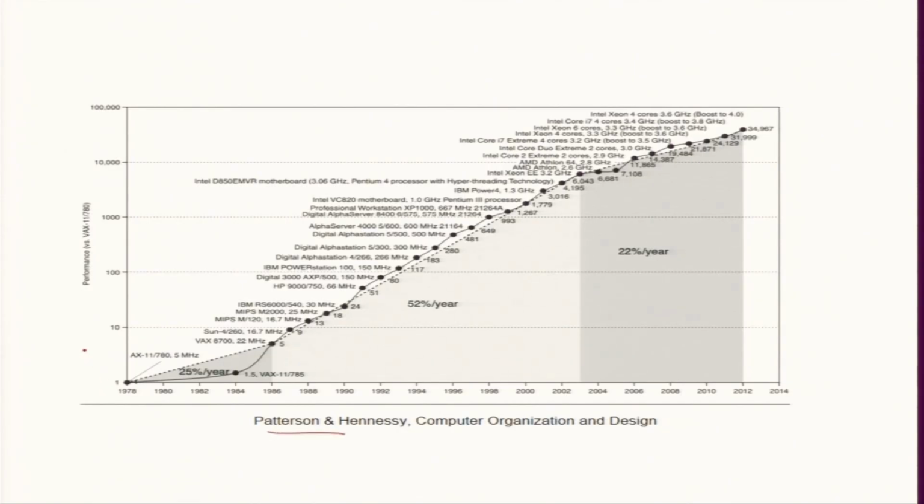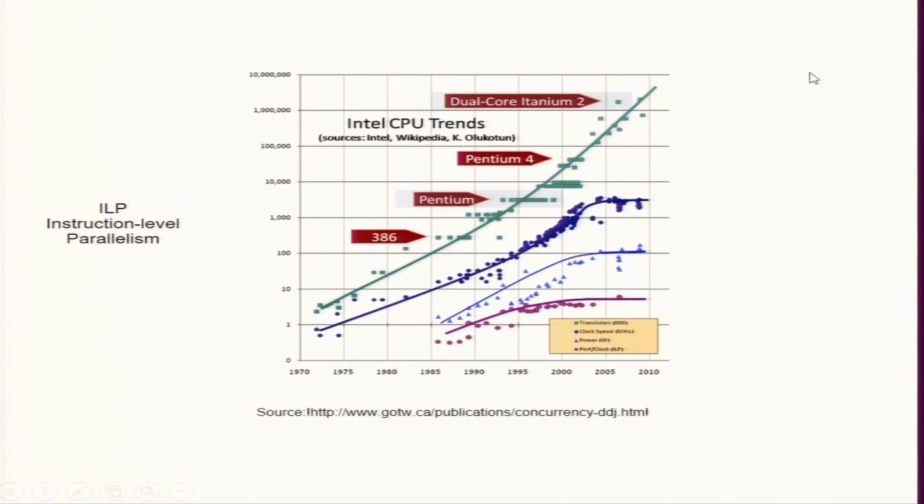This is performance in terms of number of operations. 1978 you can take as 1 unit, and presently in 2012 it is 34,000 or 35,000 times faster. So around 35 years there is a speed up of 35,000 in a single core. So that is the growth of computing power. This is related to some of the questions which people asked.